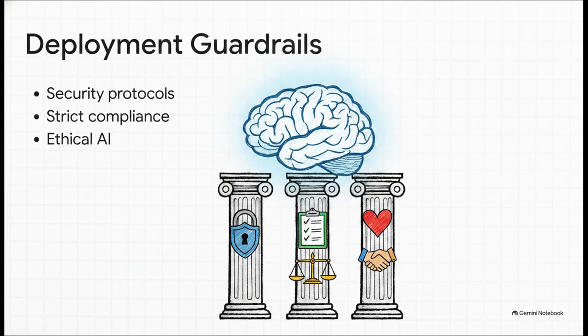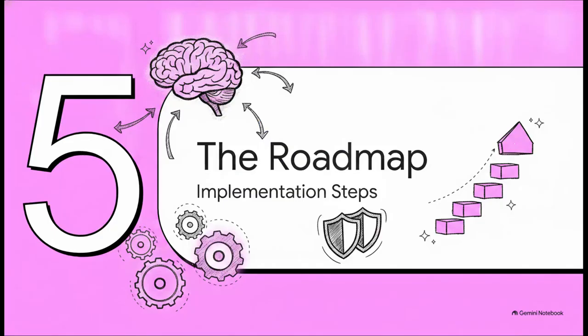So, beyond the daily headache of website cookie banners, the guide really emphasizes 3 critical deployment considerations. Before launching autonomous agents, you absolutely must have rock-solid security protocols to protect your data. Second, you have to adhere to strict compliance standards to ensure the AI is actually following industry regulations. And finally, ethical AI deployment. You have to ensure that the decisions this agent is making completely on its own align with your organization's core standards and values.